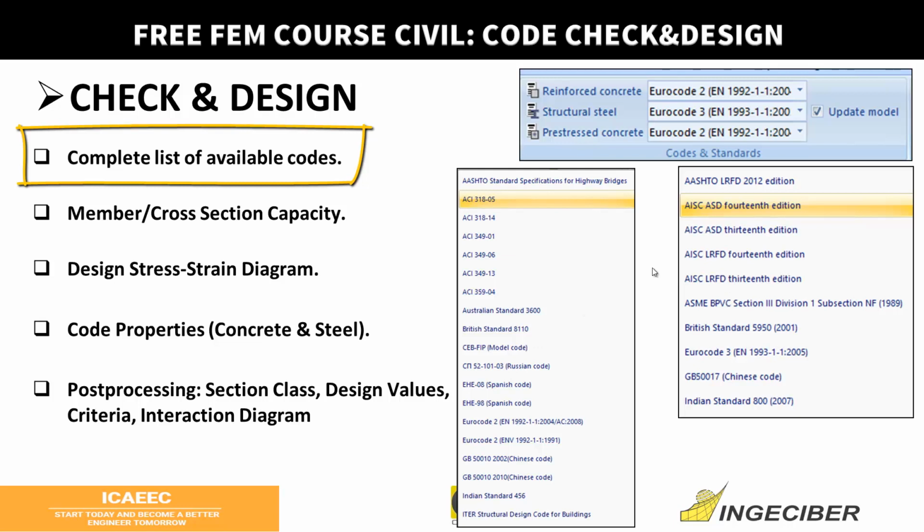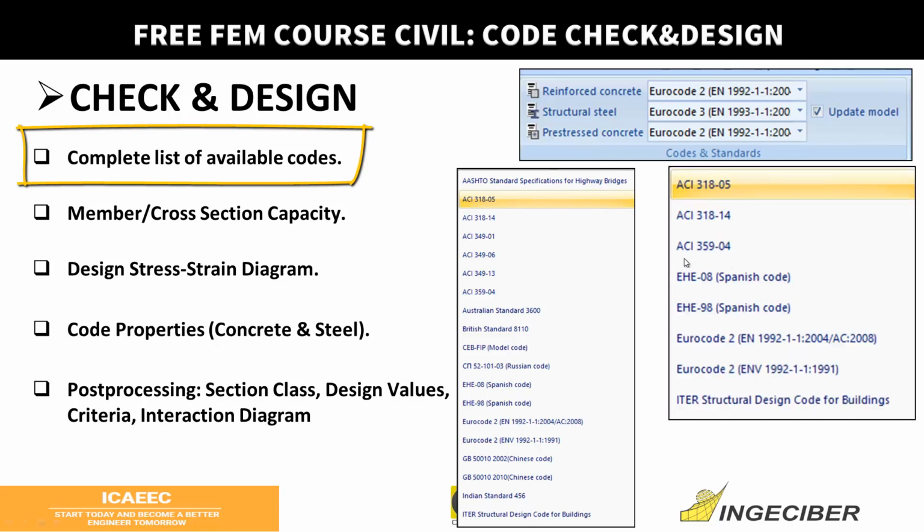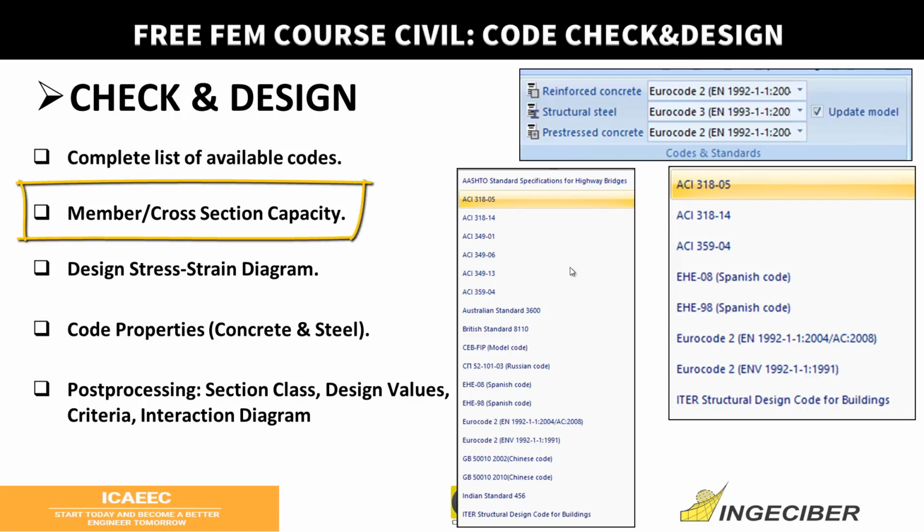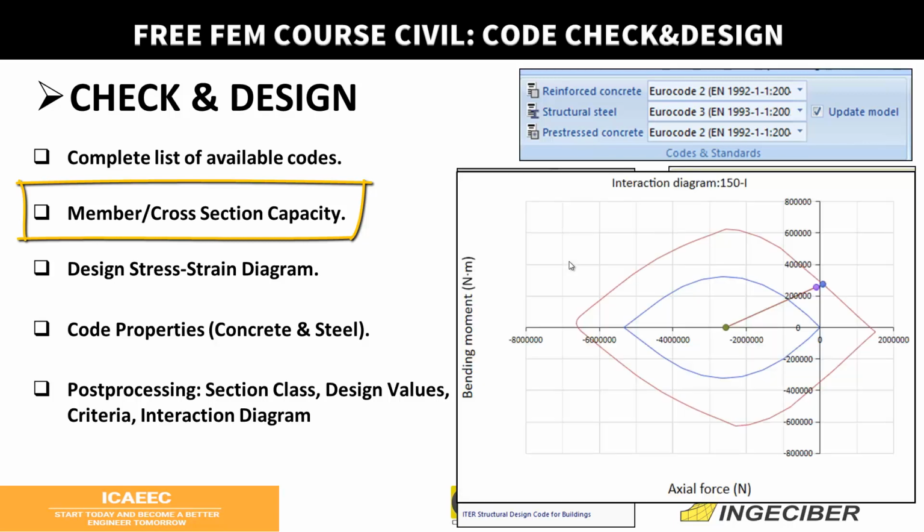For structural steel, you have the main and most important ones, which are the American and European, but as well the Chinese, Indian, and other codes. And for prestressed concrete, the check process will analyze the ratio of the demand and capacity of each member. It will be calculated for each cross-section of the beam element for the I and J ends. For reinforced concrete, the interaction diagram will be calculated for each cross-section using the pivots of the material,